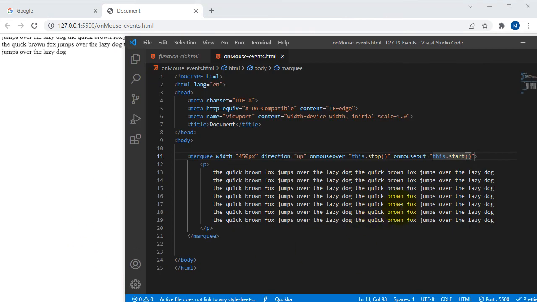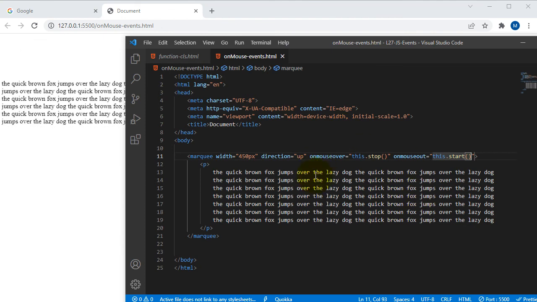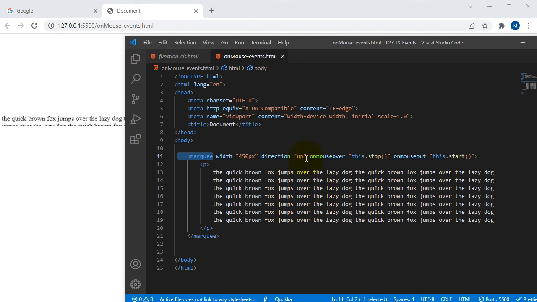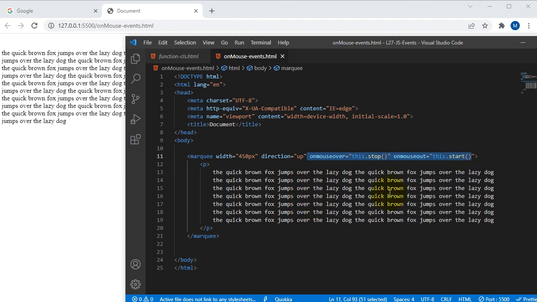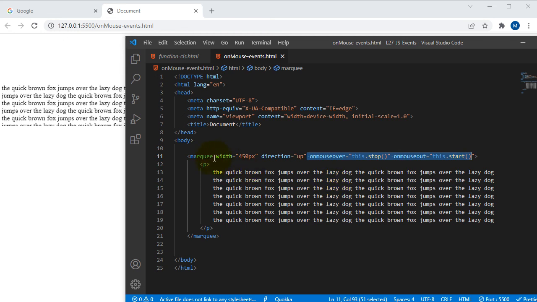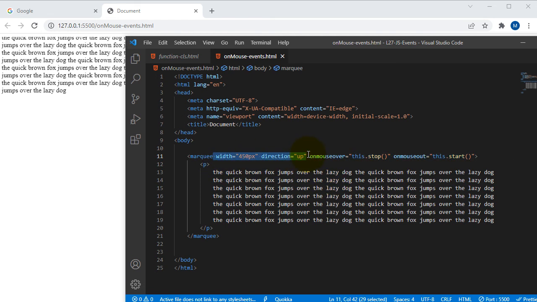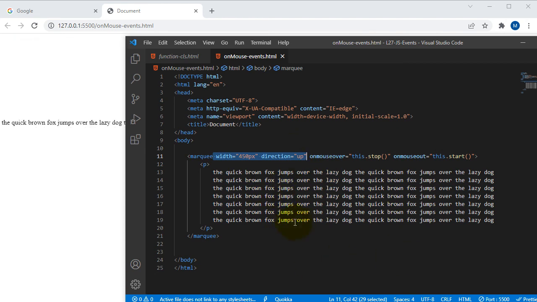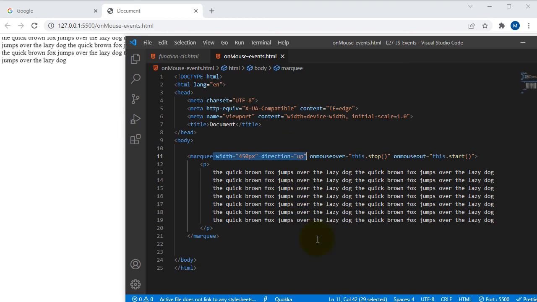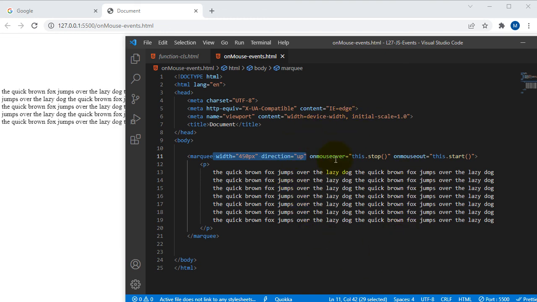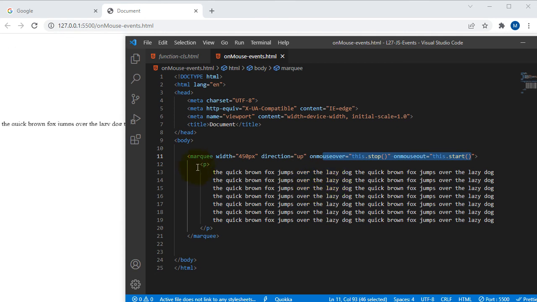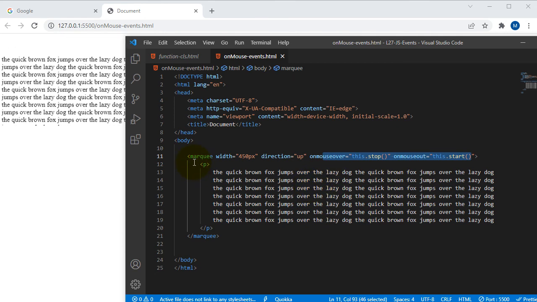So this is the code which I used to execute that kind of output. For animation I used marquee, for on and off events I used mouse over and mouse out, and for some other directions I assigned some marquee attributes. This is also one of the ways to execute events without using a function. We executed the start and stop methods for this marquee tool. So these are the events, and